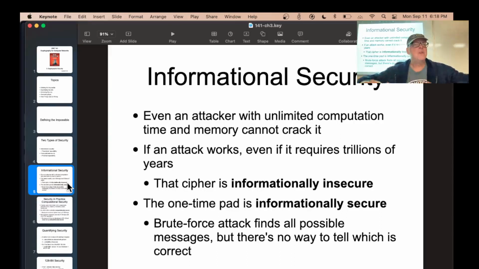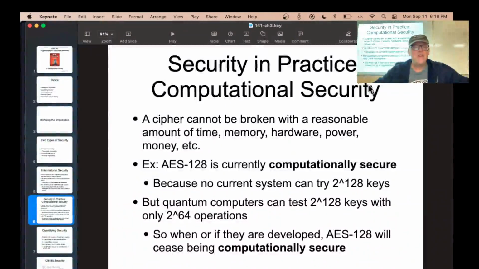You create a key stream to encrypt stuff with, but instead of having to distribute that much data, you distribute a small key, which you use to generate a key stream, which is almost random, but not perfect. All right, so in practice, you settle for computational security, which means you make some assumption about how much time, memory, hardware power, and money your attacker has. You can then figure out whether they could reasonably crack in.